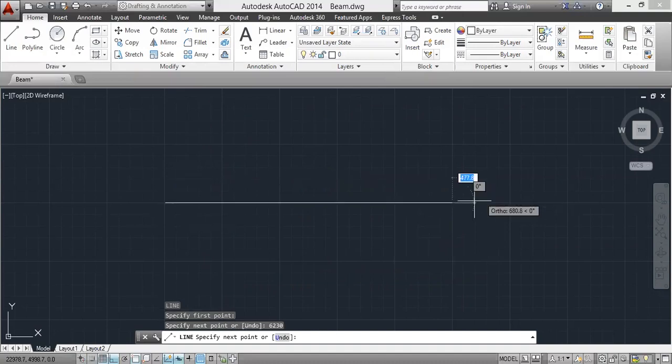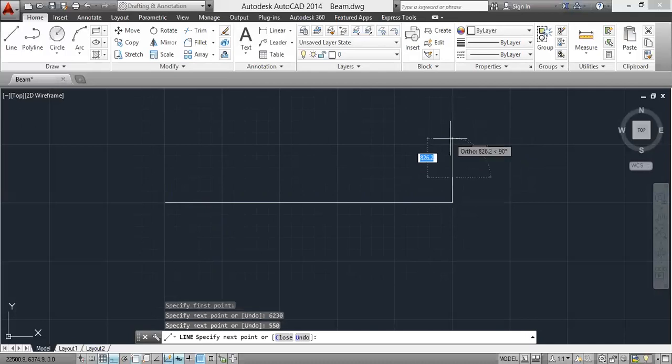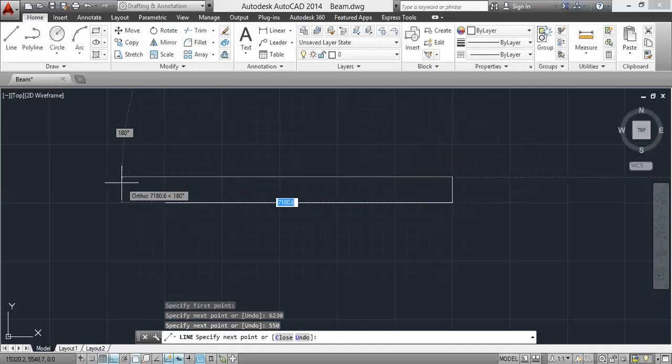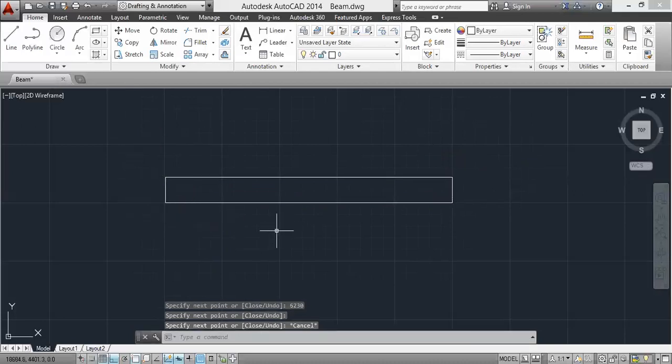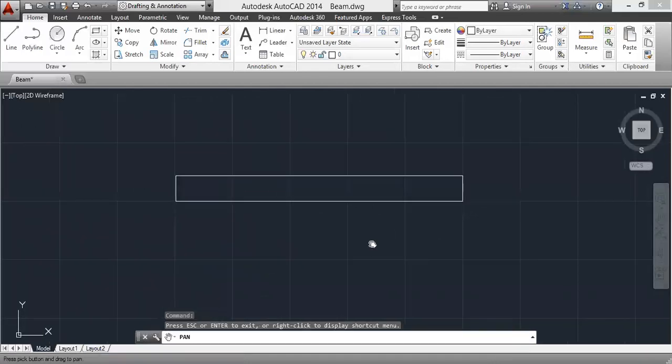Then towards the y axis we have 550 mm. Enter. Then the total length of the beam is 6230 mm. Then close the line. Okay, this is actually the cross section of the beam.